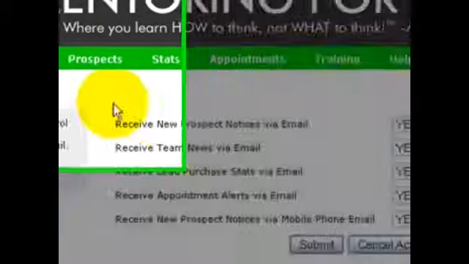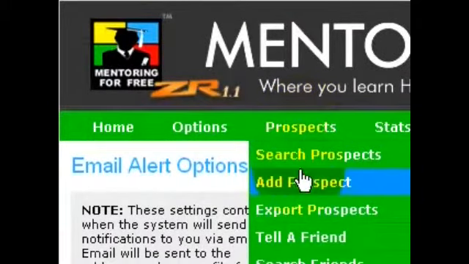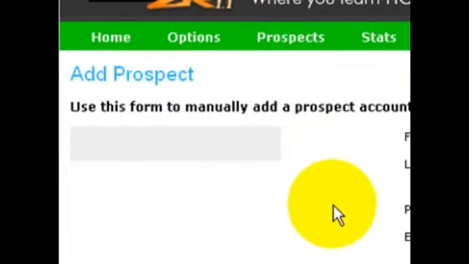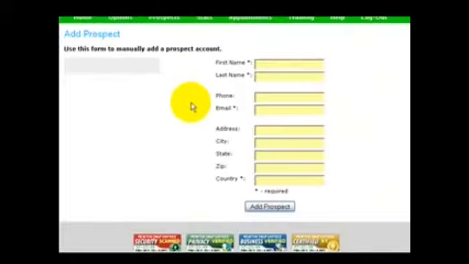Another thing that we really want to emphasize is on this prospects tab, the add prospect page. This will probably not be around too long. This is only to add clients of yours who were in your old back office that may not have made it over to the new back office when the transition happened. Once everybody who's come from your old back office is in your new back office, you never have any reason to use this page. You really don't want to go there, because